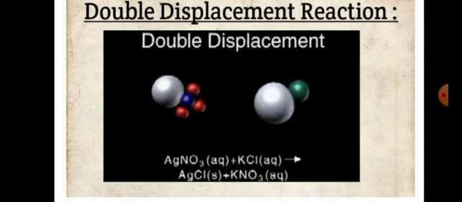And today I have just 2 questions for you guys as homework. That is, your first question is give some examples for your DD reaction, that is your double displacement reaction. And the second question is, is double displacement reaction a redox reaction or not, and why? So this is your second question. So I guess that this question is super easy and very simple, like you can just complete this question within a minute. If so, please complete this homework and please post it in the comment section. I'll check all your answers and revert them back.